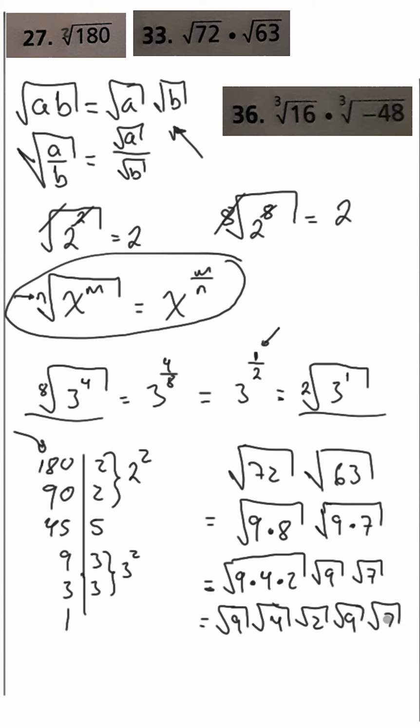Now, again, you don't have to do all of this procedure. Right now, I'm just writing it so you can see it because you are starting to learn these kinds of properties. But once you are acquainted with them, then you can just start skipping steps, all right? So the square root of 9 is going to be 3, and then 2, and